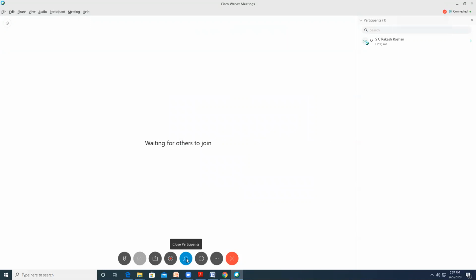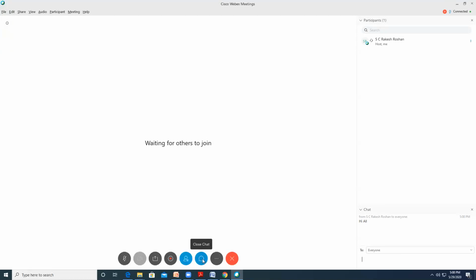Now I can get the list of participants. All the list of participants will be shown on the right side, here. Since now it's only me, it's only showing my name. Once you have more participants, all the names will be shown here. And here you can chat with the participants during the meeting. So, hi all. You can chat with either everyone, or when you click here, you can also chat with specific people. The names would pop up when you click here.